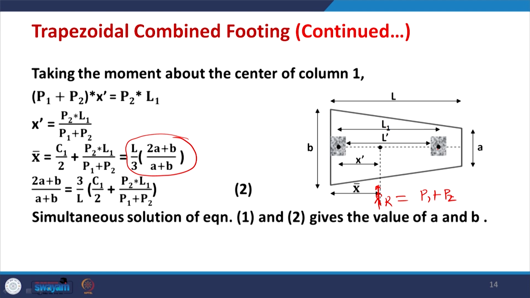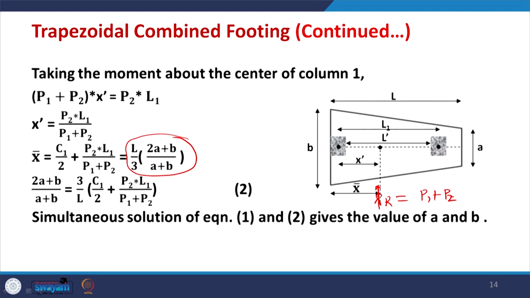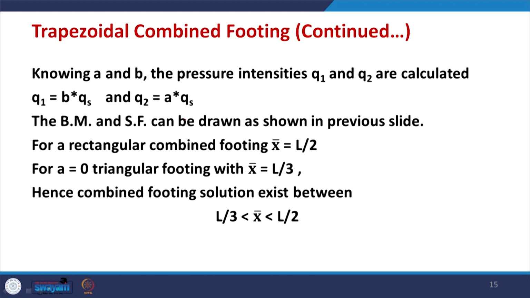Once you know the values of A and B, you can determine the loads carried by the individual footings, that is, the intensity shown in this figure. The value of Q1 you can see in this stress distribution, and Q2 at this end. The value of Q1 will be simply B into Qs and Q2 will be A into Qs. So, once you know the values of B and A, we can find the pressure intensity below both the footings. And once this stress distribution is known, bending moment and shear force can be drawn,